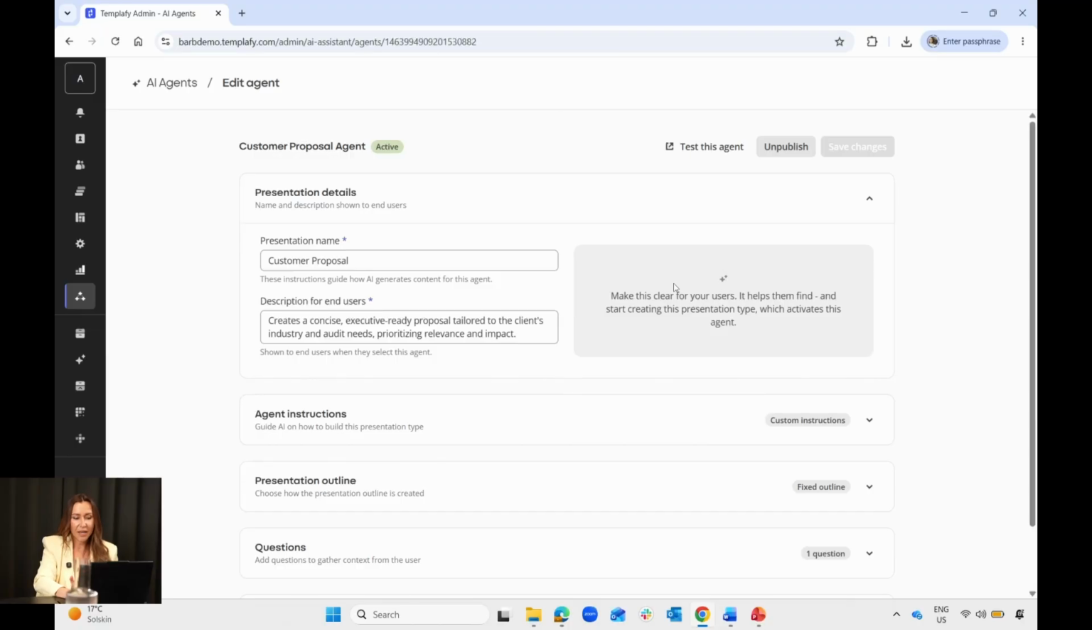The second piece is the custom agent. Let's just take a look at the proposal agent that I have created. So the initial piece here will help users or employees decide what agent to use when they're starting the document